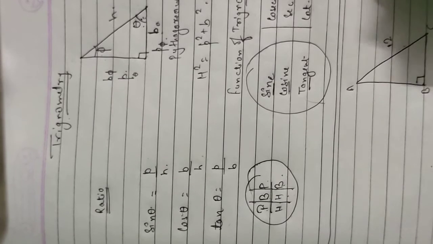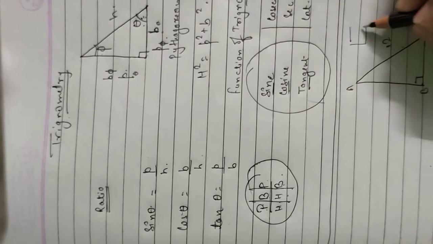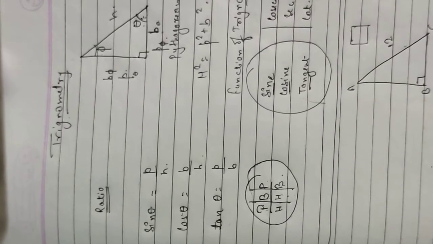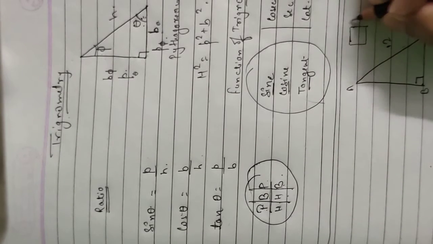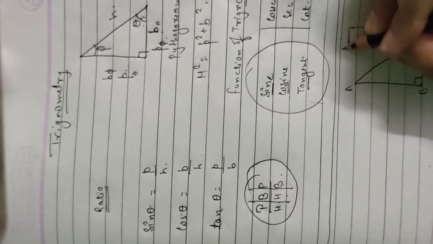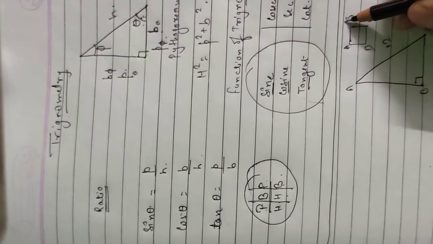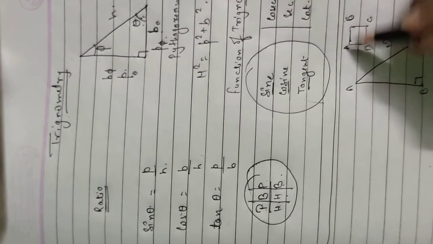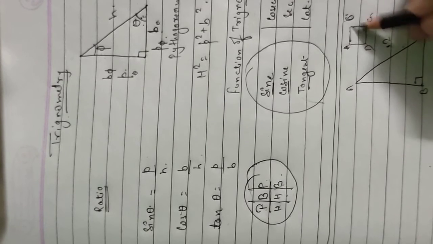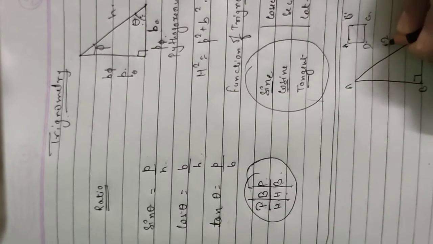But what if I take a rectangle or a square? I'll just take a rough sketch. What about marking? I have seen a guy in class 9, who was my student, actually mark it like A, B, C, A, B, C and D. This is wrong. You have to mark it A, B, C and D in a continuous manner. You can start anywhere, but it can't go like this. It can't form a Z. It should be in a continuous manner. Okay, moving on. That was not my question.